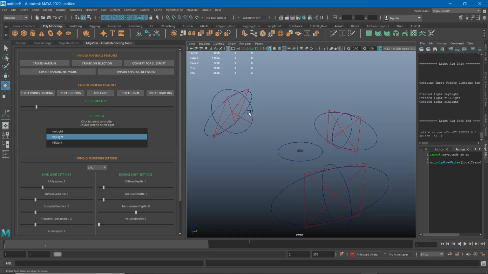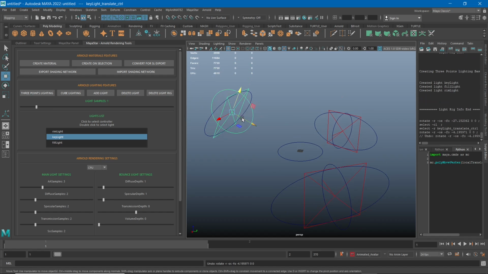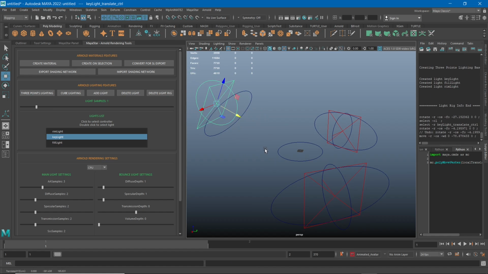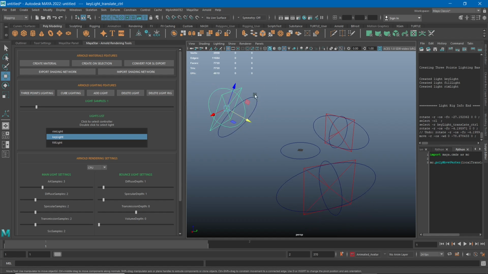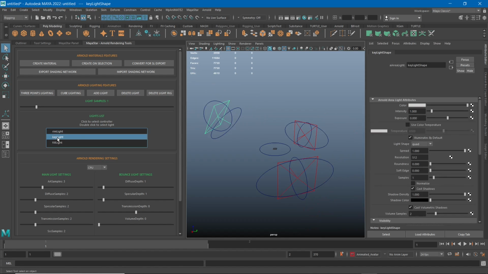You can then further manipulate the distance, everything, and this is by clicking, and by double clicking instead you select directly the light to change things in its attributes. And you can also increase the light samples on all of the lights very comfortably from here. This will be applied to every single light